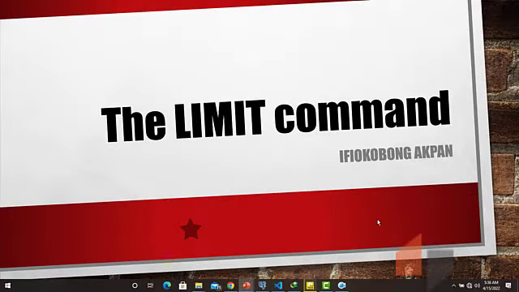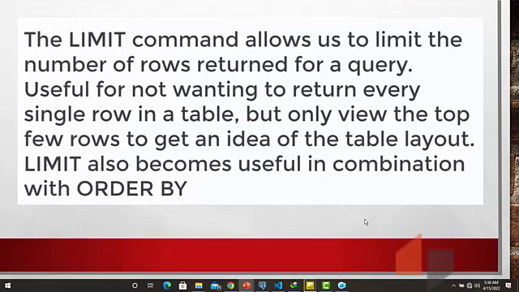Right, we are going to be looking at the limit command in SQL. The limit command allows us to limit the number of rows which are returned for a query. It's always useful for not wanting to return every single row in a table. For that reason, we may only view the top few rows to get an idea of the table